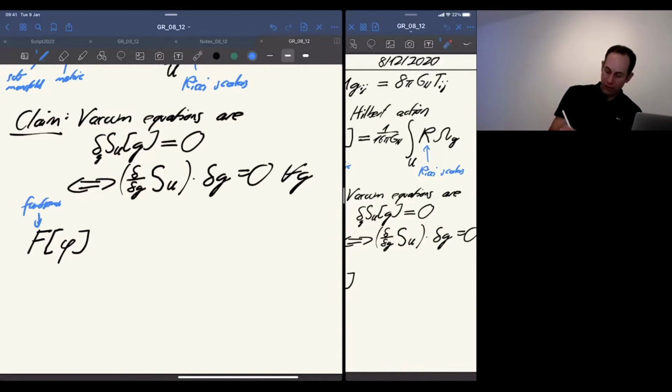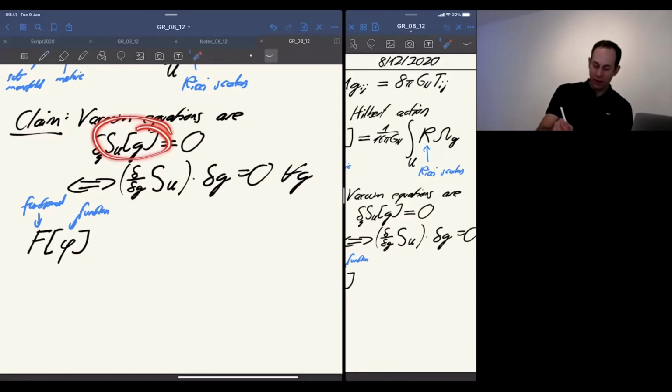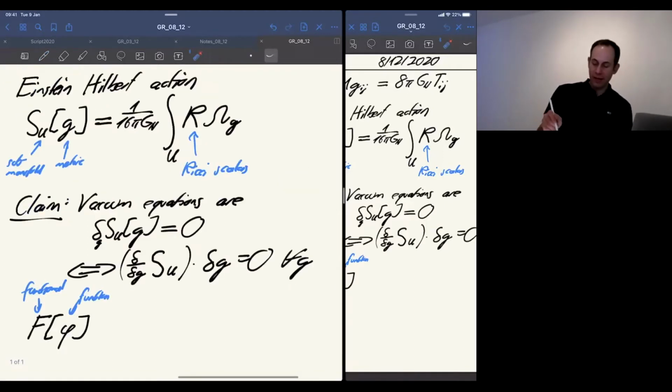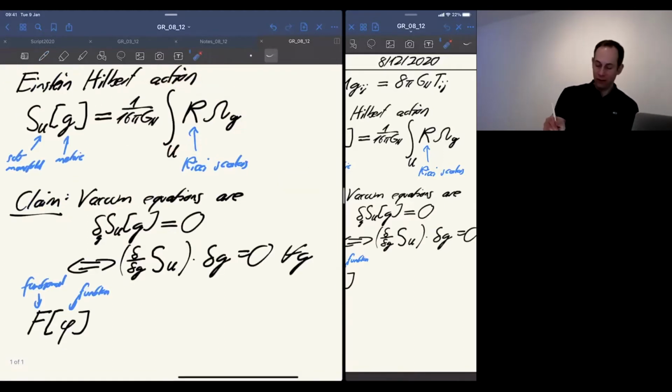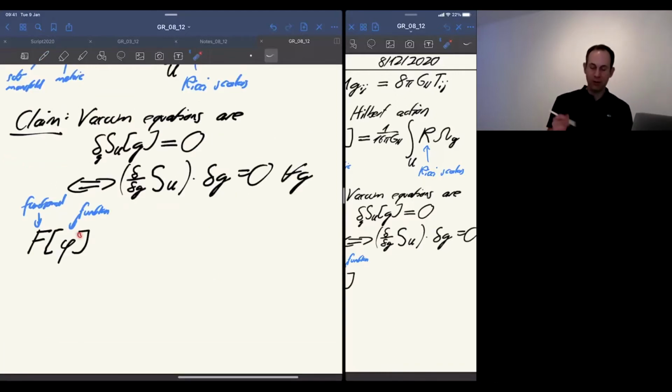And this is now a function that it takes as an input. And of course, this is just a special case. So here the functional is S. Obviously, you see S assigns a number to any function g, if you like, small g. And here the generic identifier that I use for the function is just phi. So phi is a function that is given as input to the functional F.